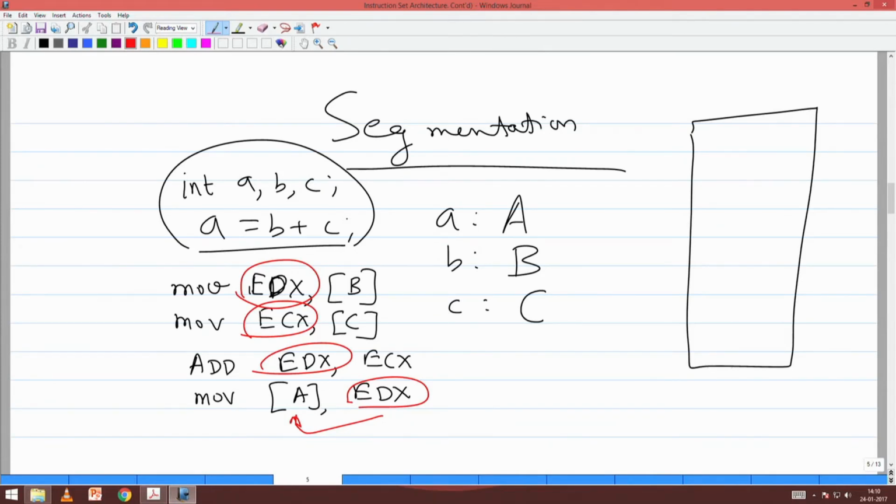So arbitrarily it will say that A is stored at 0, what will B be equal to? 4, because an integer can be 4 bytes, so 0, 1, 2, 3, so it will make this 4, and this will make C as 8. Okay. So it assumes that your data segment